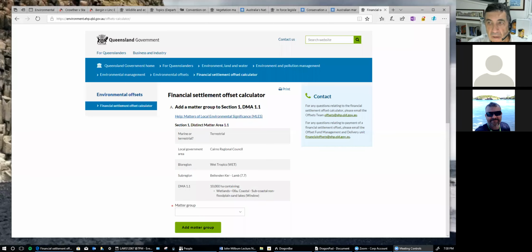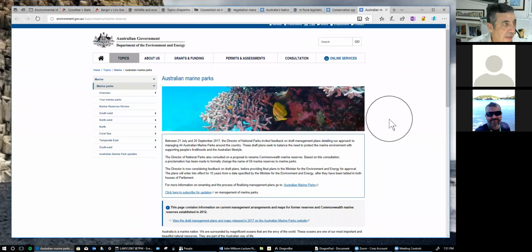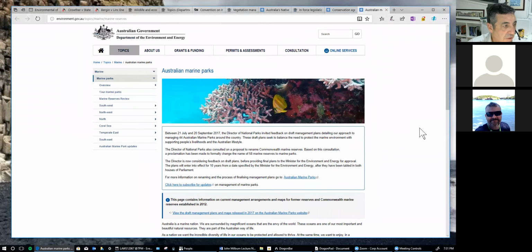That's the Queensland perspective. From a Commonwealth perspective, as mentioned, you need to look at either the activity or the geographical area. Let's have a look at, say, marine reserves, which are administered through the Department of Environment and Energy. Once again, I'll share the screen in order to highlight what this means in practice. Please let me know if I've highlighted the incorrect screen, but now you should be seeing the Australian Government Department of the Environment and Energy Australian Marine Parks website page, which deals with issues to do with management arrangements for